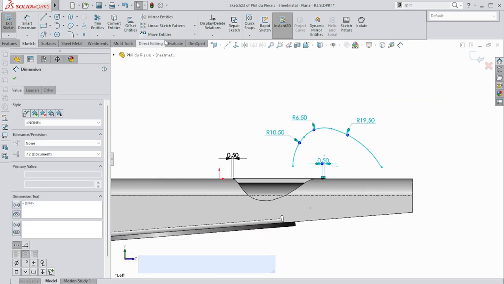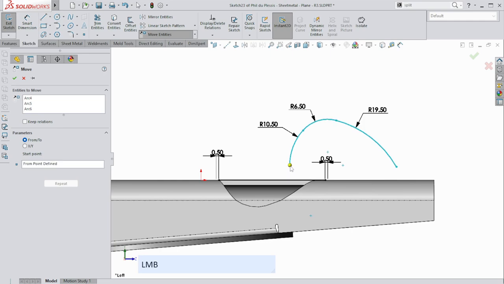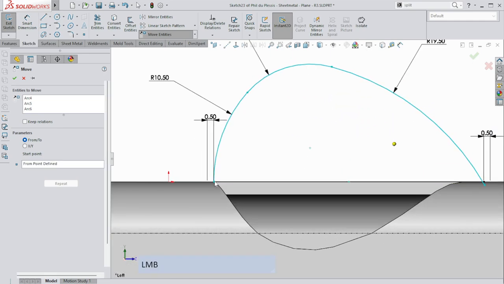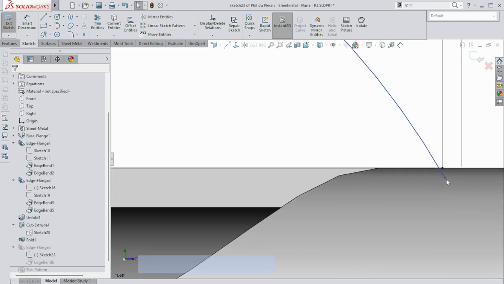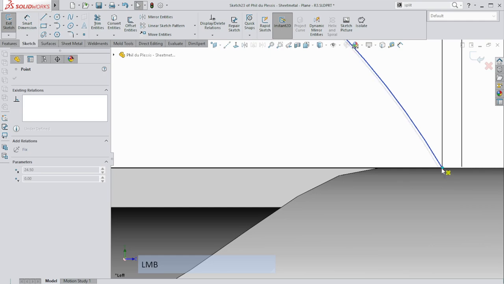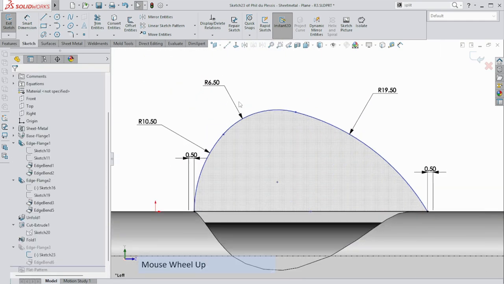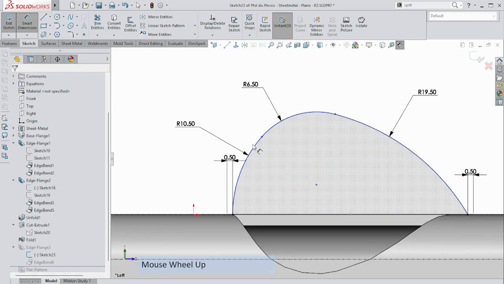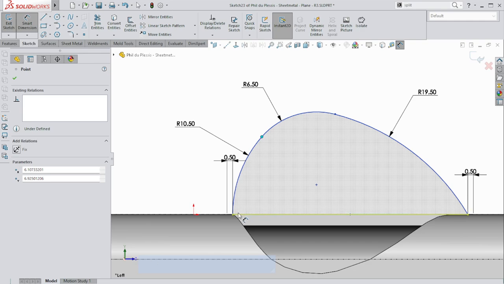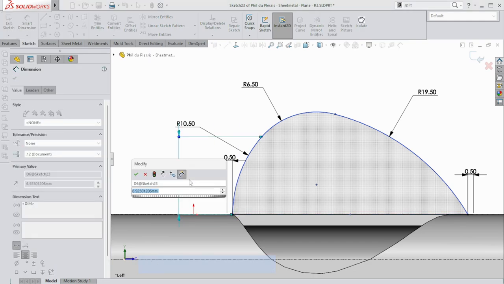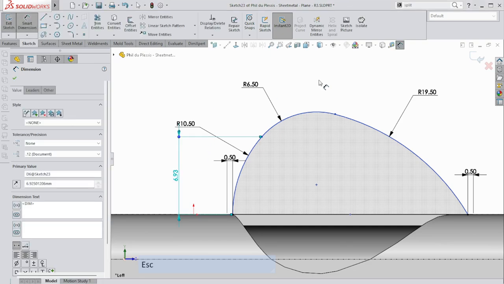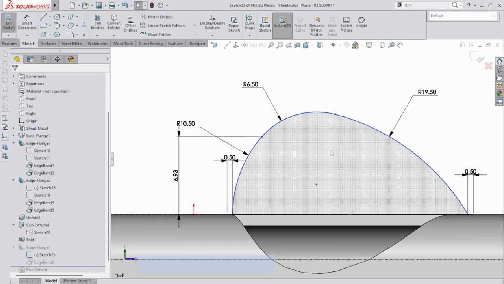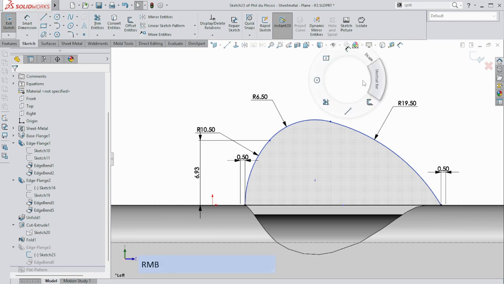Now I can select the whole lot and say Move Entities, grab this point, snap it to that end. You might just have to move this one up till it snaps to that point. There we go. Okay, and if you really want to control this, you can give it a height. You might need more. Not quite sure. Yeah, you'll need more than that. So I'm going to leave it as is, and you could leave it like this. This would be fine. I want to just show you,